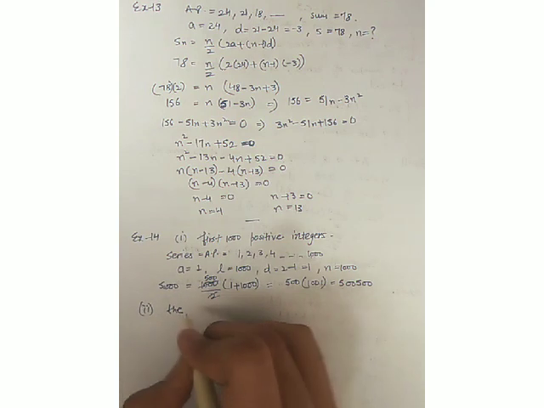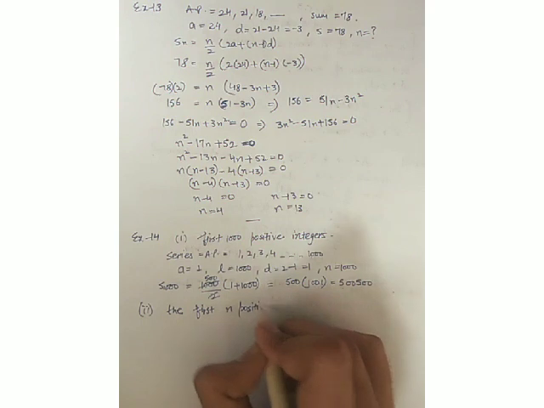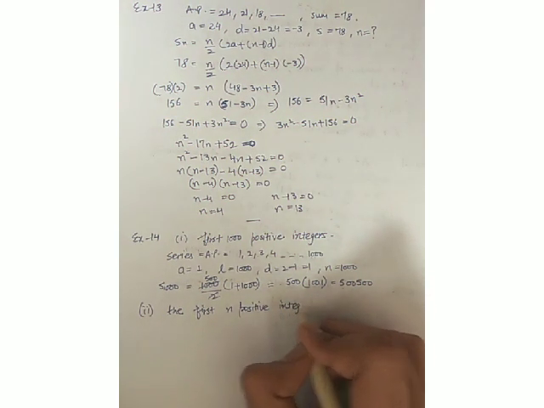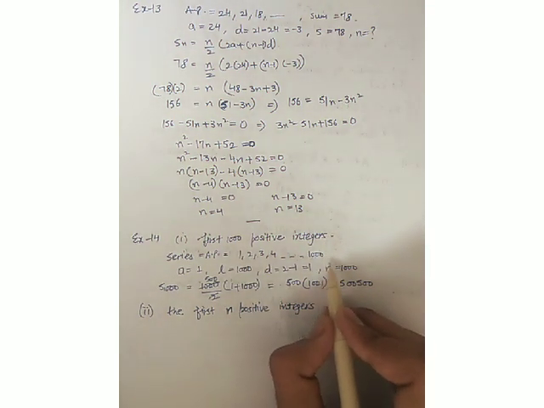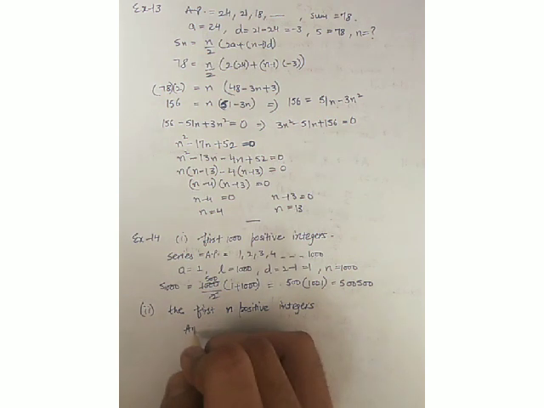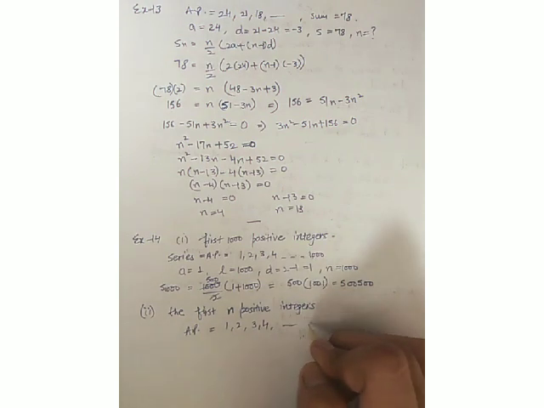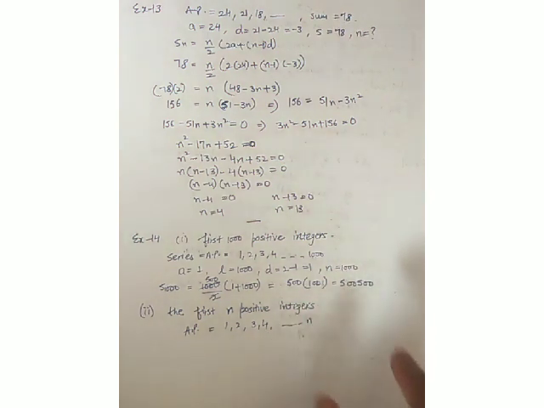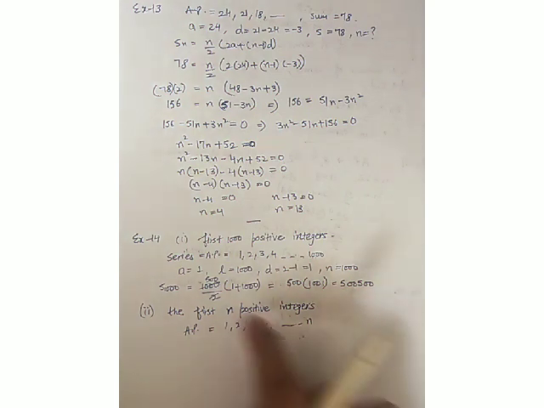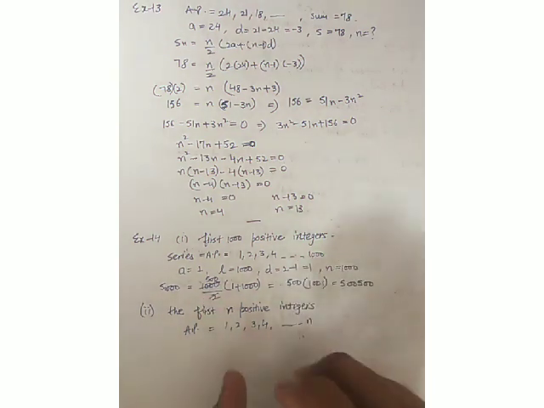They have told that we have to find the sum of first n positive integers. Now if 1000 positive integers are up to 1000, then n positive integers will be up to n only. So our series will be 1, 2, 3, 4 and so on up to n. Now here of course again the last term is given, but you can solve both of the sums with the general sum formula, that is n upon 2 (2a plus (n minus 1) into d). But due to the last term being given over here, we use this formula to just make the sum more compact.